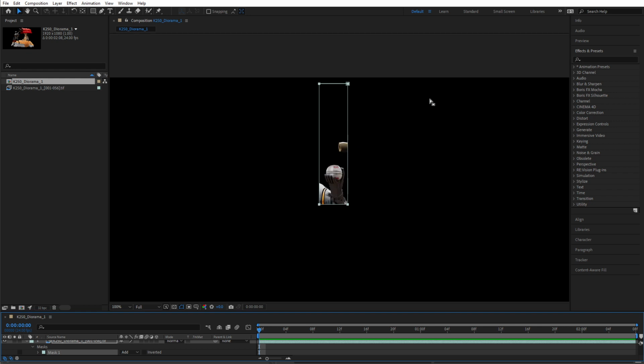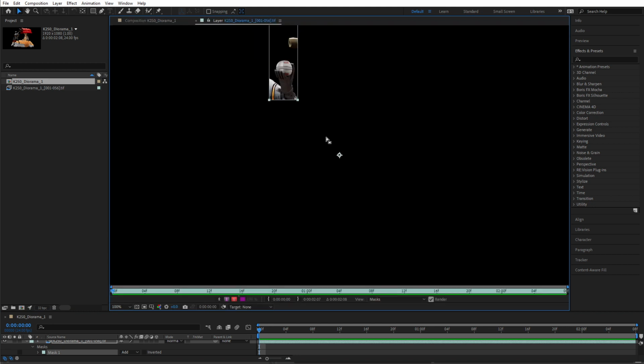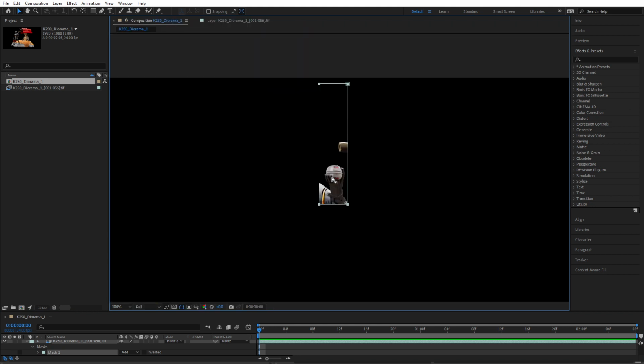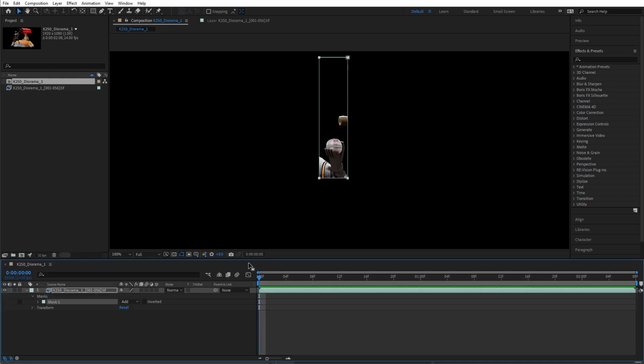So what we're going to do in this case is create just a static mask based on this one little section. However, if you wanted to, you could export out an entire sequence where this mask is being animated over time, and you can bring that image sequence into Maya as a filter map as well. But we're going to keep it simple in this case. So for this, we've created a mask here, but this is not really where we want to put it. We're going to create a couple,